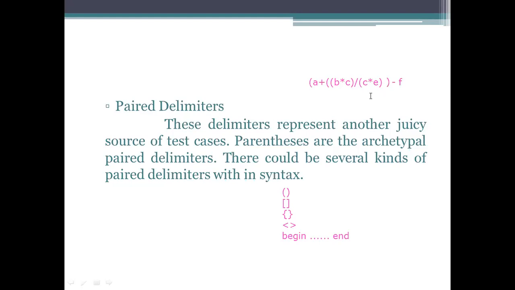It has been considered as another type, meaning a plus b into c is specified, and then it will be divided by c by e, and the resultant value will be used by f. And in the previous example also I explained begin and end. So where we need to start and where we need to end, we should know. If it is not like that, what happens here? The program won't be processed for further processing. So that is paired delimiters.